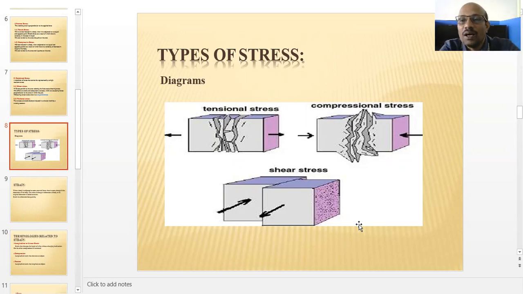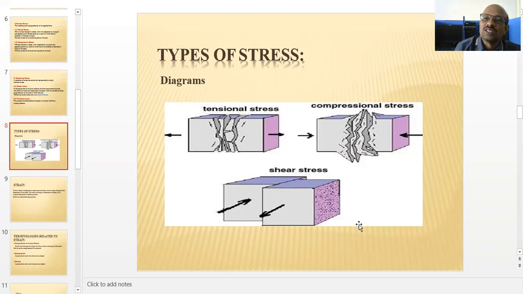Another thing is compressive stress, exactly the opposite. What is the resultant of this compressive force? Whenever we apply force from each side, there will be a decrease in length. That is the resultant. So I can say that along with decreasing length, the diameter and width and other dimensions may also change, depending on the material. Any material subjected to compressive force will change its dimensions. That is our main point. Even in tensile forces, the dimensions change.